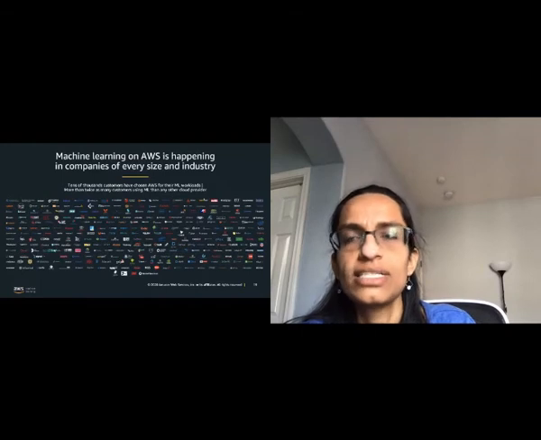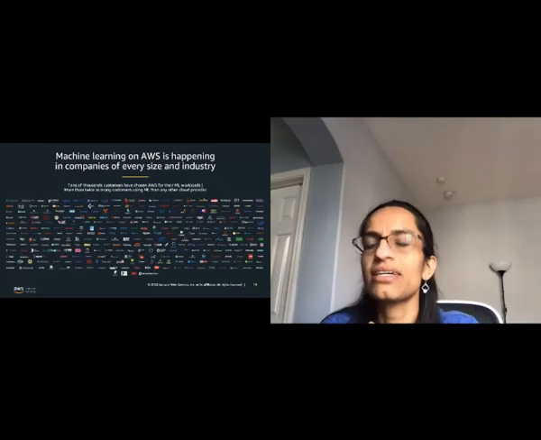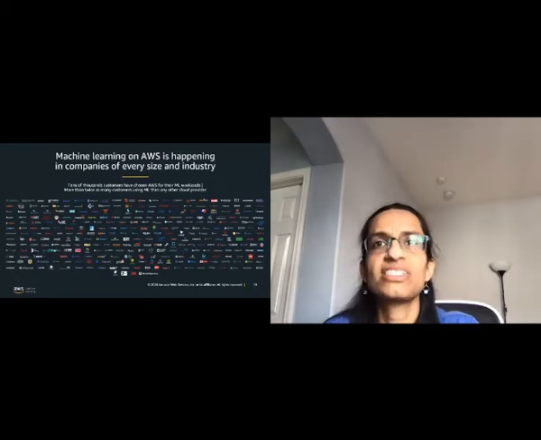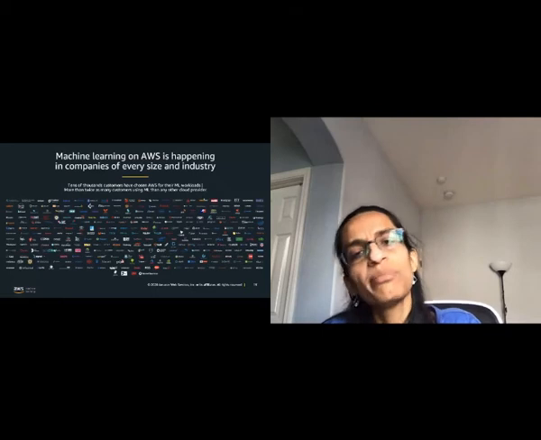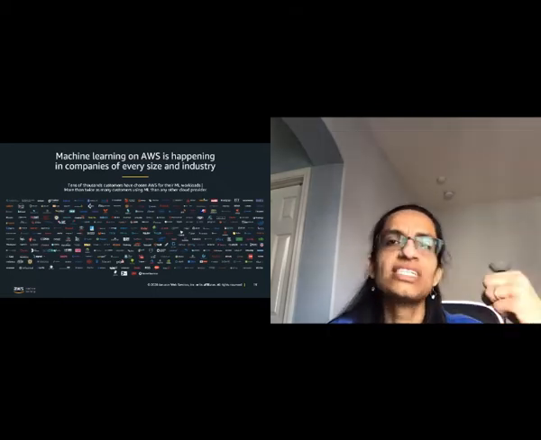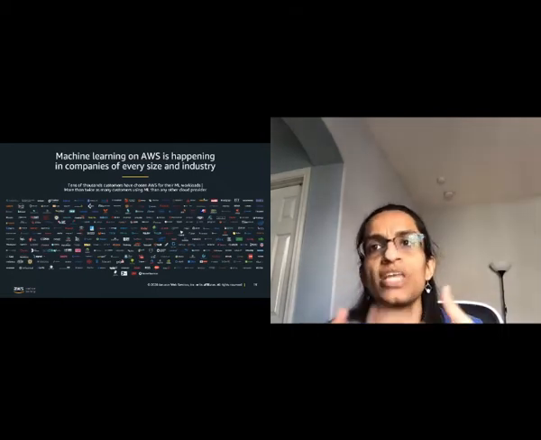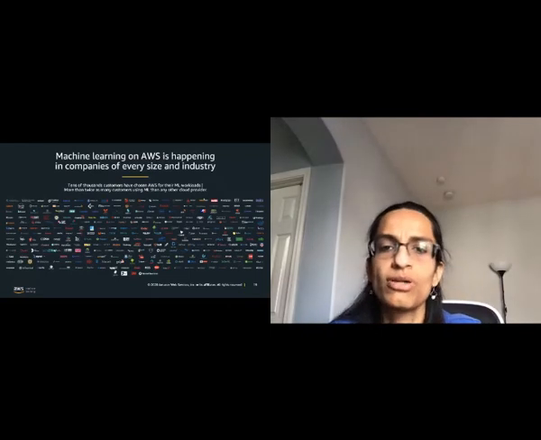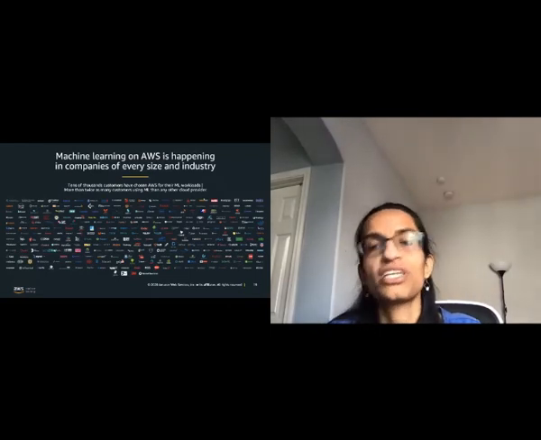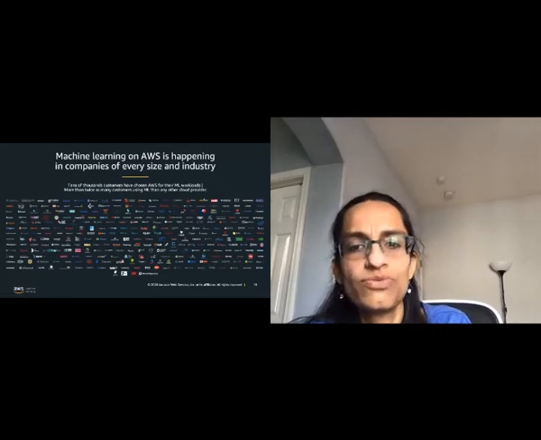So let's look at the technology and the stack. We have a 3-layered machine learning stack at AWS. We are innovating on behalf of customers to deliver the broadest and deepest set of machine learning capabilities for builders of all levels of expertise. At every layer of the stack, we're investing in removing the undifferentiated heavy lifting, like I just said, so that your teams can move faster and focus on what is differentiating you and your company. Let's walk through these 3 layers very quickly.